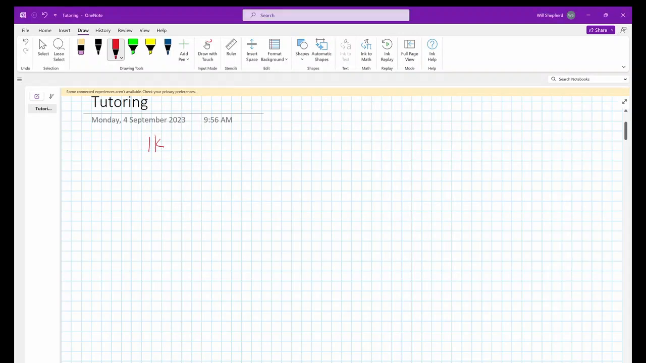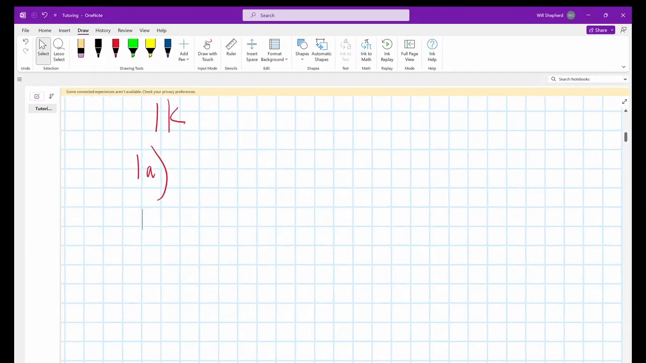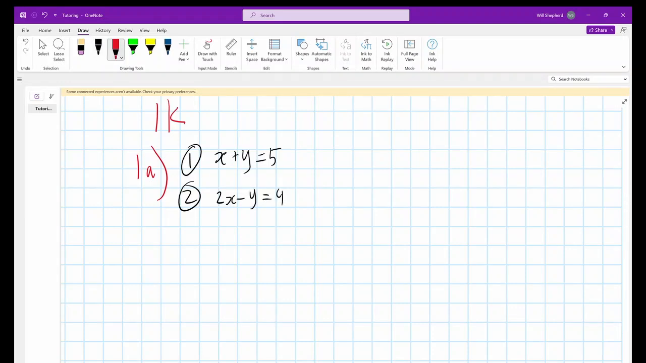So for question 1A here, we've got two equations. Our first equation is x plus y is equal to 5. And then our second equation is 2x minus y equals 4. And with the elimination method, the idea here is that we are trying to eliminate one of the variables. And so we have to ask ourselves the question, are we going to be an X-man